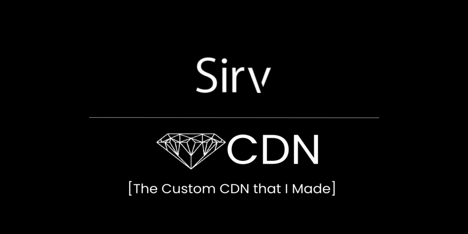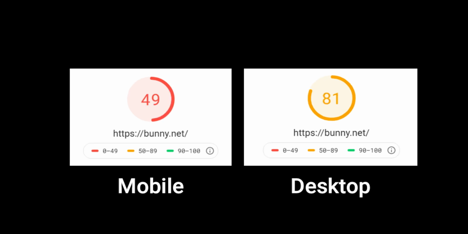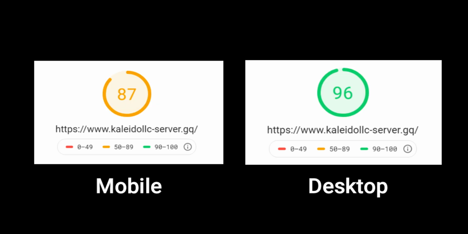So I performed some speed tests on Google PageSpeed Insights, and Sirv.com on mobile ranked 13, while Sirv.com on desktop got a rank of 63, which is pretty low for a content delivery network. Another CDN named Bunny CDN ranked 49 on mobile and 81 on desktop, which is pretty good for a content delivery network. And now comes the custom CDN that I made, Kaleido LLC server.gq. It ranked 87 on mobile and a freaking 96 on desktop, which is the fastest if compared to Sirv.com and